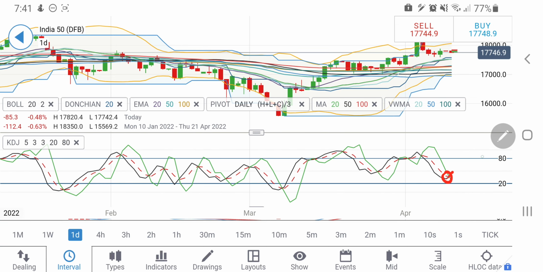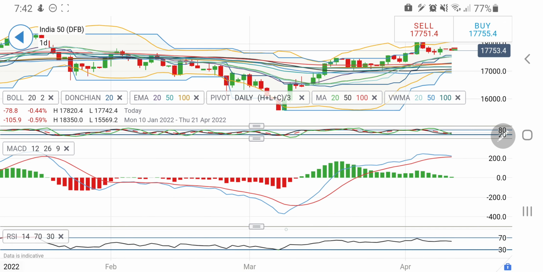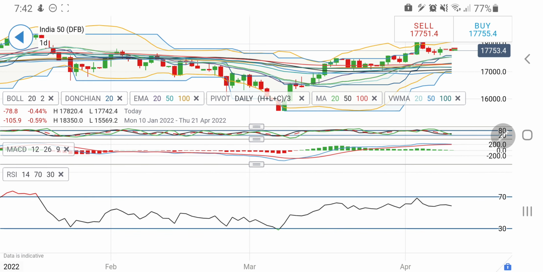see daily charts indicators is looking curving upwards, and hence I will be watchful here. Probably it may try to reverse a bit. It is near to oversold, or if it tries to give you sharp red candle, it may try to take it towards 17,500, 400, and then the reversal can be expected day after tomorrow only. MACD trying to converge and cross over on the sell side, so I'll be watchful of that too.